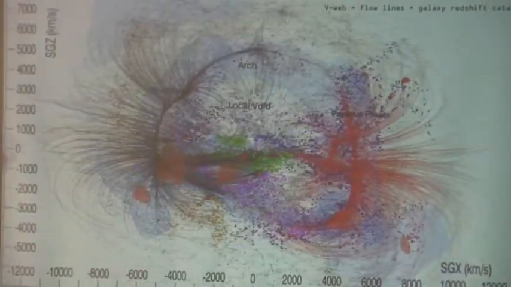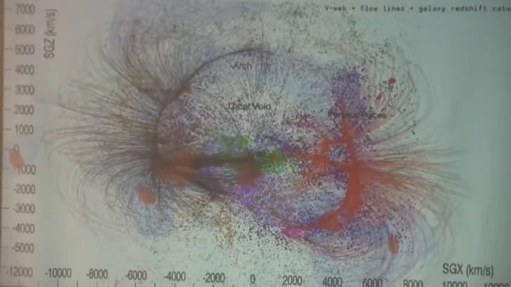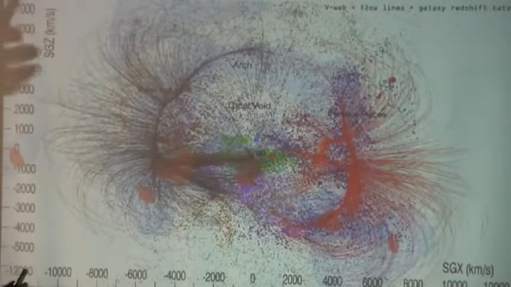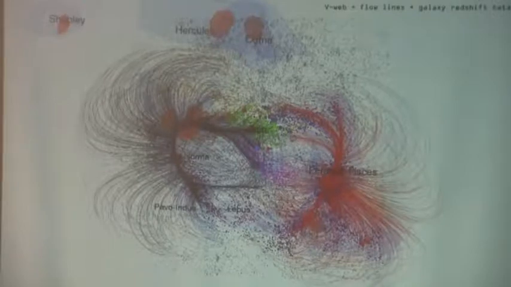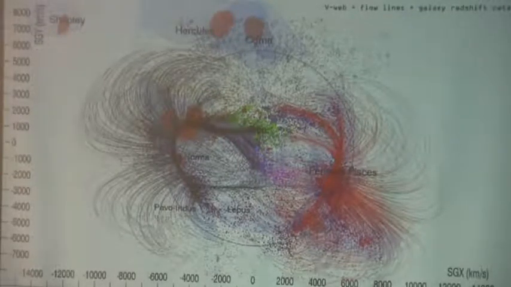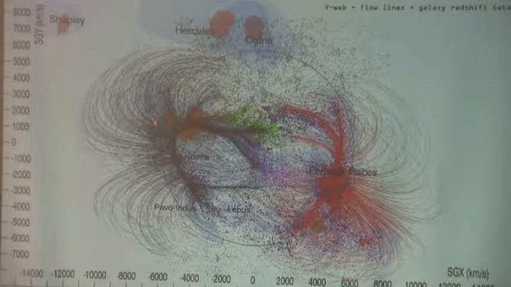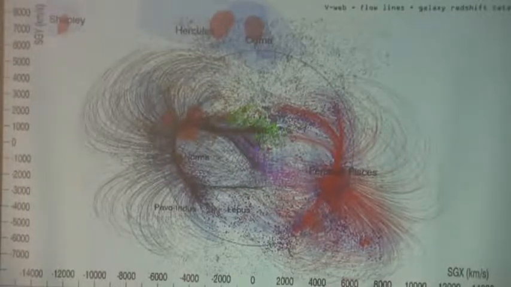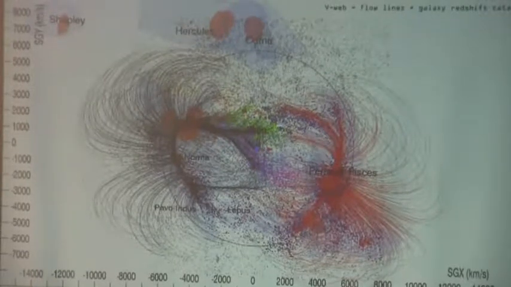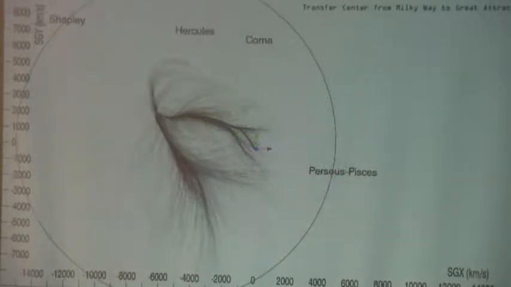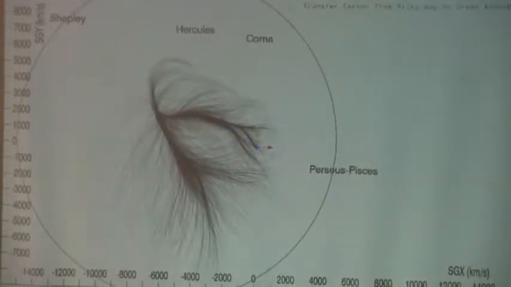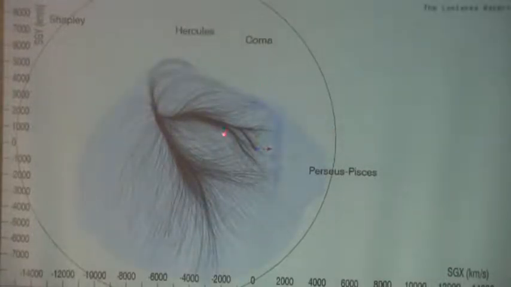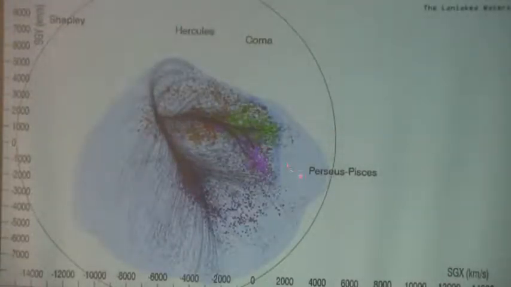I'll discuss a little bit about its consequences in a minute. Okay? I think this is fascinating that we can trace out the matter distribution around us, with distances, I said, of 100 megaparsecs from us, and tell how those galaxies within our vicinity are moving. And this motion gives your basin of attraction, and this motion distinguishes our supercluster, Laniakea, from our neighboring supercluster, Perseus Piscis. This thing, ignoring the older basin of attraction, is what we call Laniakea. All of these are galaxies which trace it through their motion.